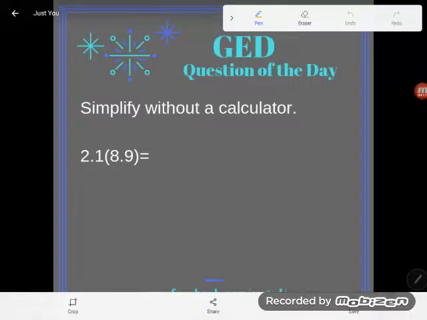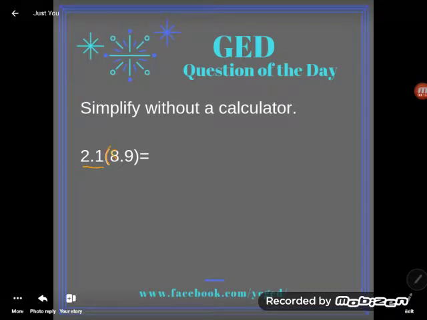Hey GED students, it's GED question of the day, and I'm right in the middle of a series on multiplying decimals. Let's take a look. Directions say simplify without a calculator, and indeed, if you had this multiplication of decimals problem, 2.1 times